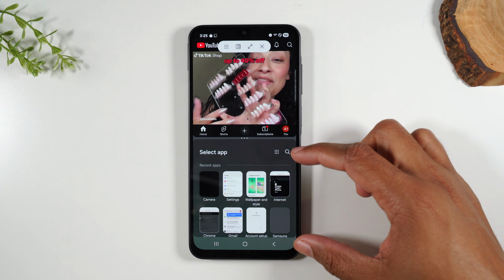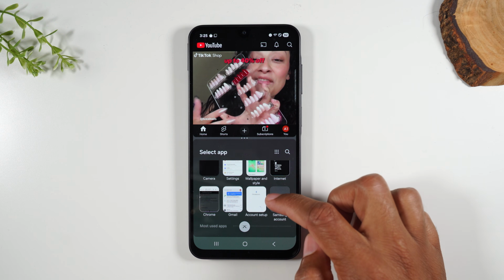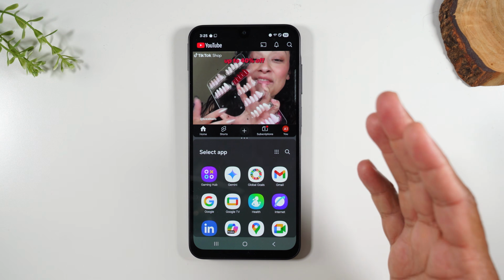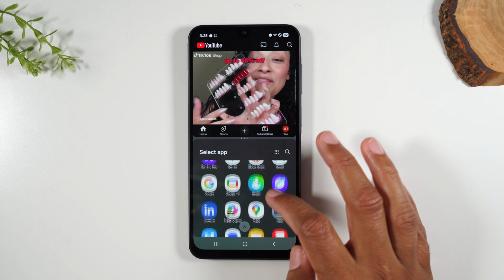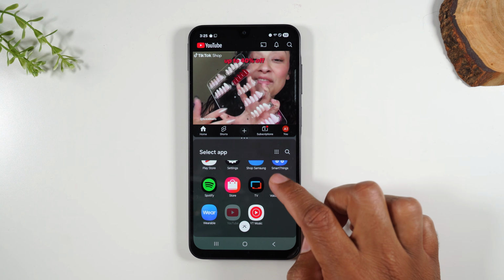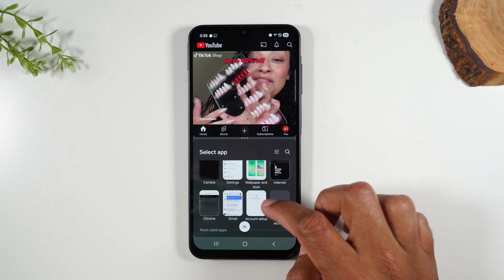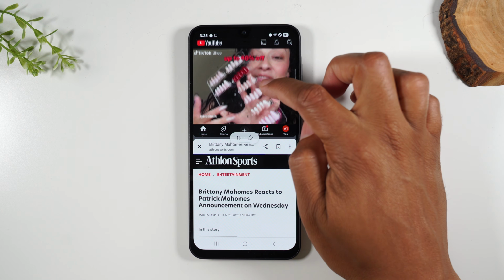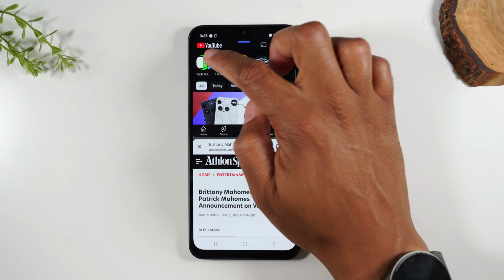And then this pop-up will show up at the bottom, and then you can go through and select another app to have at the bottom of the screen. Now let's say you want to have YouTube at the top, and at the bottom you'd like to have your web browser like Google Chrome. Let's find Google Chrome right here, open it up, and now I can go ahead and select a video to